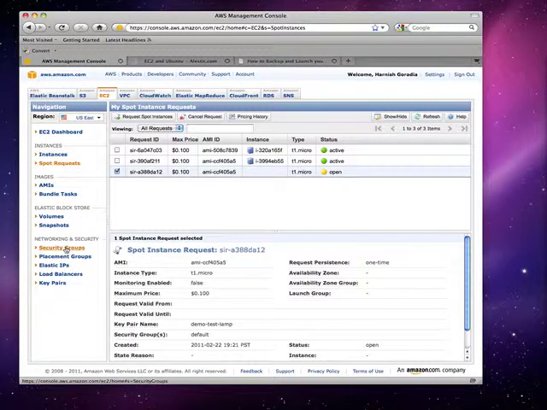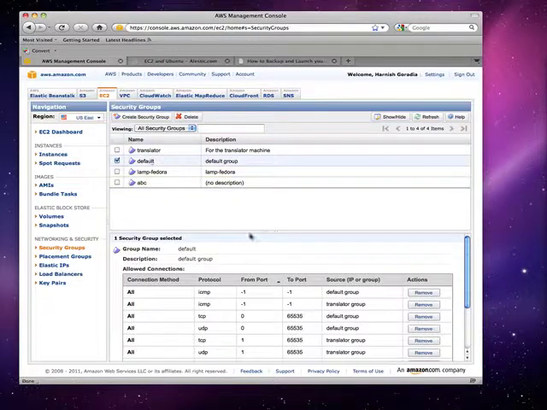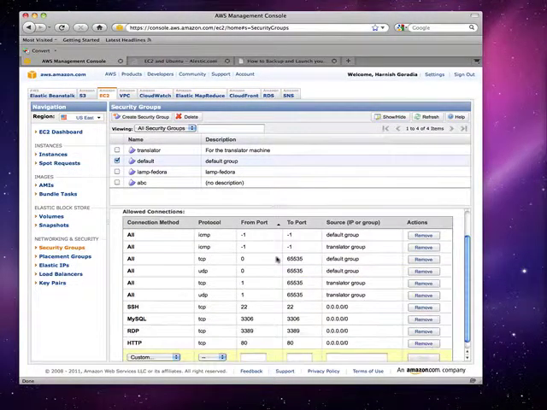So while this is happening, I promise you I'll show you security groups. I have a few security groups here. The default security group. Ignore every entry other than SSH, MySQL, and HTTP. Okay, so I have SSH allowed from port 22 for every machine.